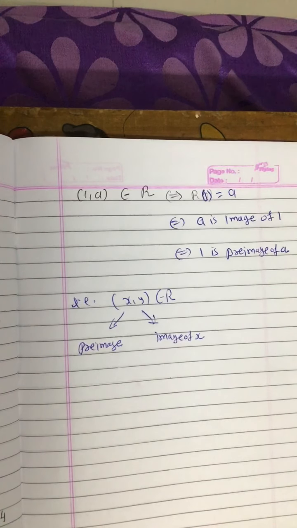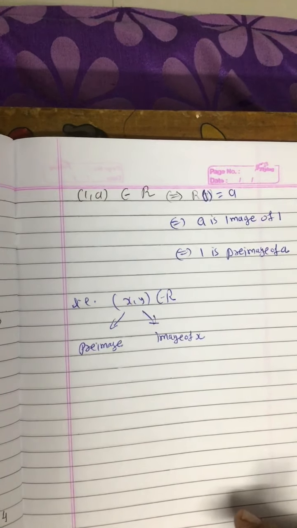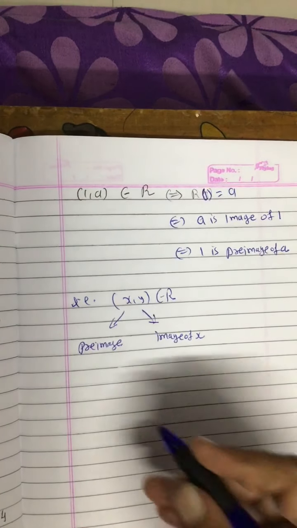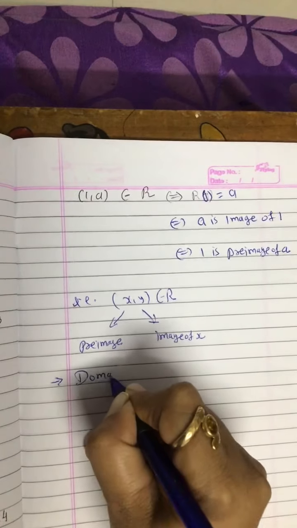Right? So if an ordered pair lies in a relation, then the first element of the ordered pair is called the pre-image of the second, and the second element is called the image of the first. Right? Now, write down the